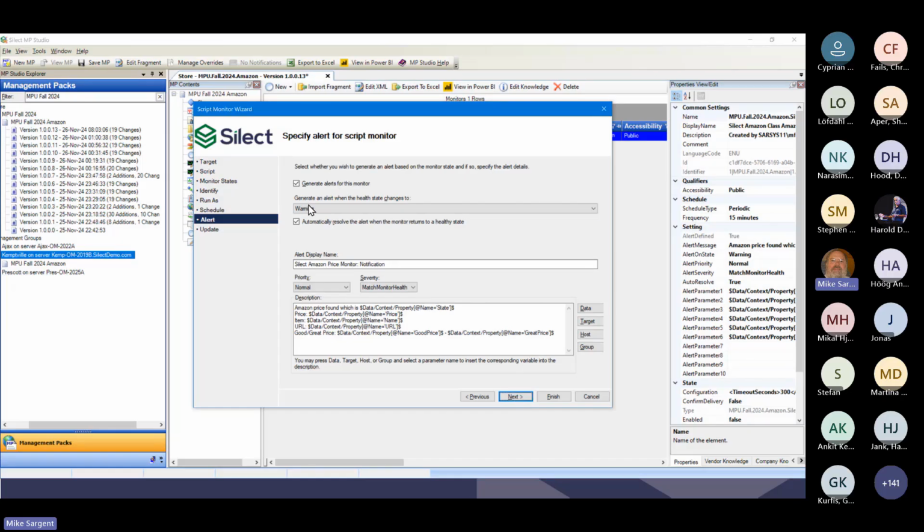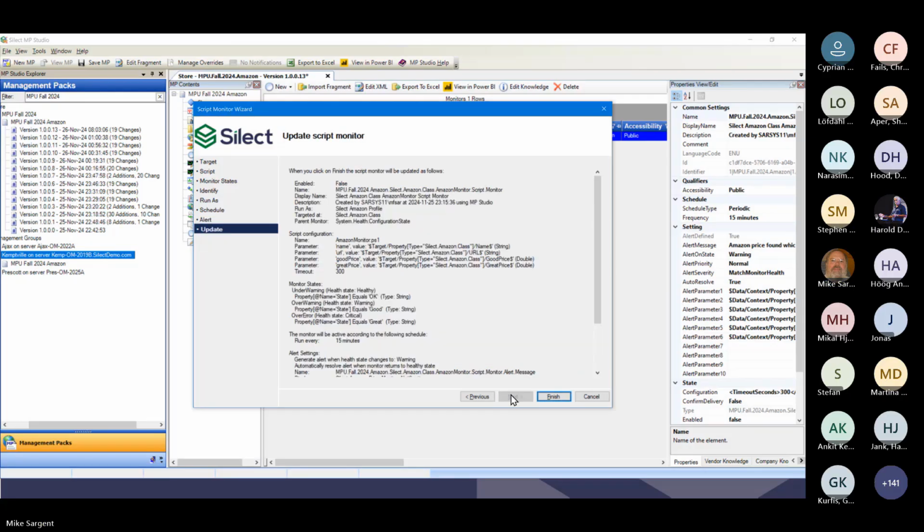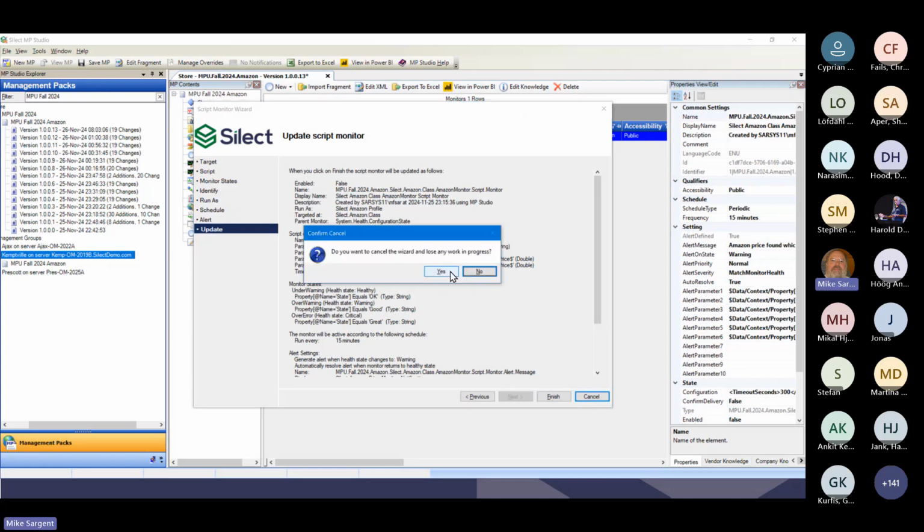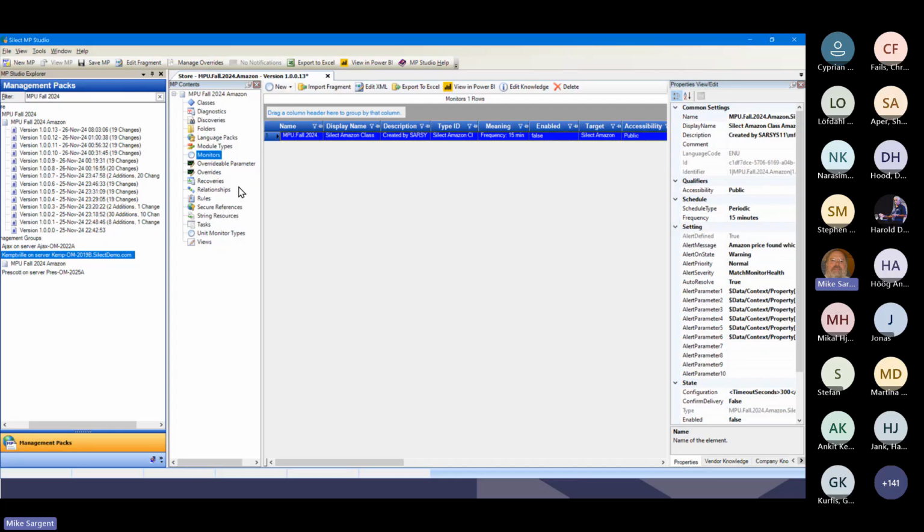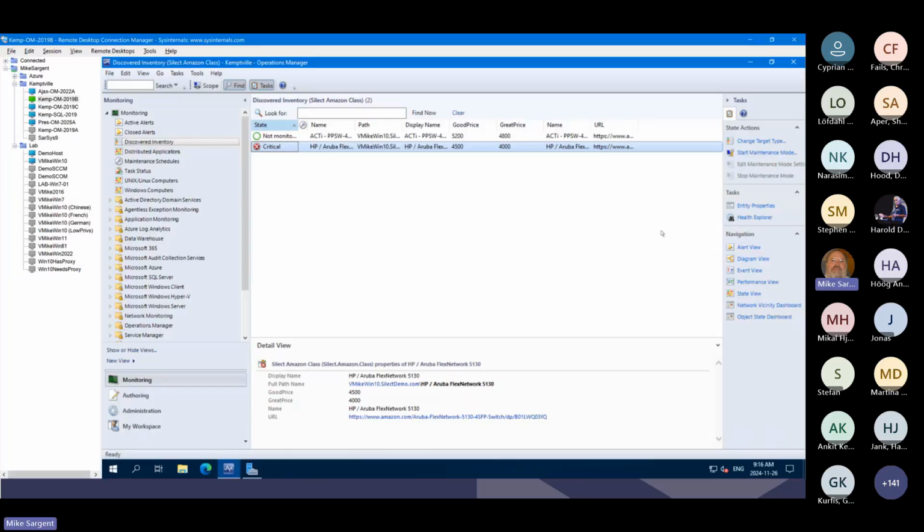We have our alert here. We're going to generate an alert when we go into warning or error state here. And here's where we take the data that was in the property bag, so we can report our state, the price we found, the item, and the URL, and what the good price and great prices were here. Our summary, and then we could finish. So once that was all done, I saved it, I deployed it to the management server. Our monitor,